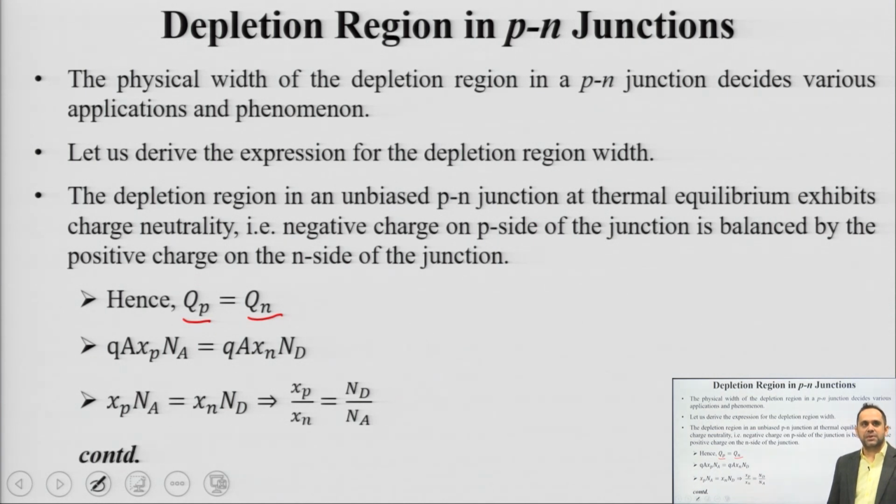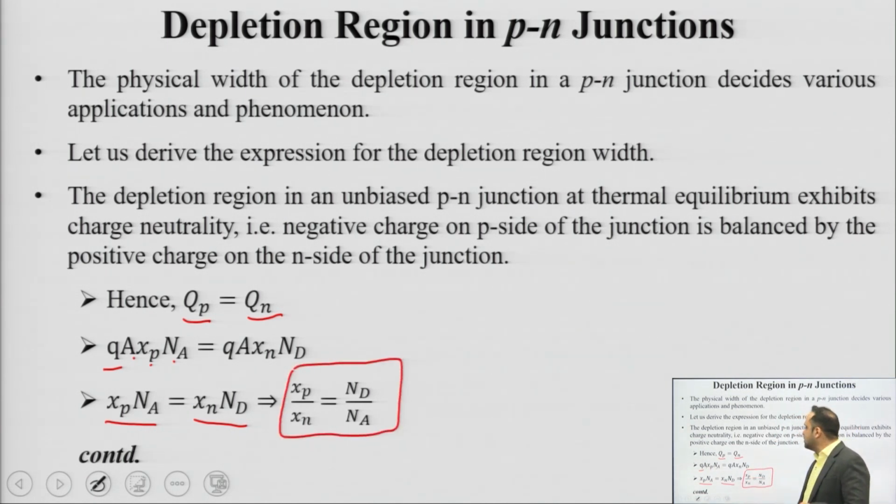How much charge is there on the P side? So, you have Q: area times width is volume, Na is the number of charges per unit volume, multiplied by volume gives me total charge. Each charge is equal to the charge of an electron basically. So, you multiply with q. Okay. Remember that for acceptor ions, each atom accepted 1 electron. For donor ions, initially each atom donated 1 electron. So, each ion whether acceptor or donor will have a charge of 1 q. Okay. So, this is how you get the charge on the p side equal to the charge on the n side, and this is the ratio you get.